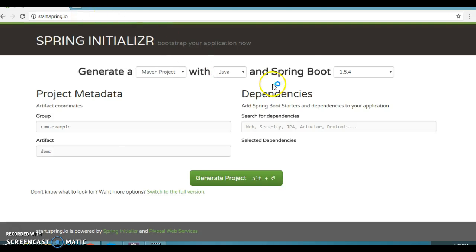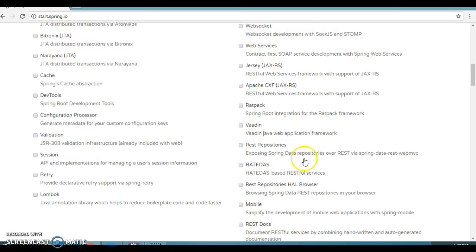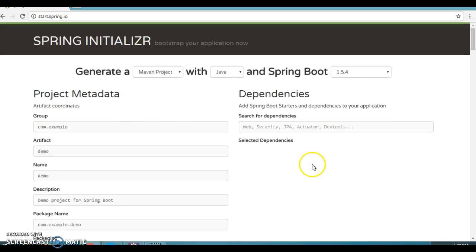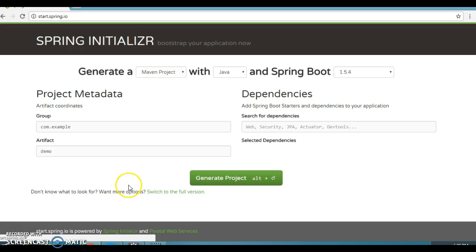That is the Spring Initializr website, and from there you can create a Spring Boot application, right, by selecting some info. You need to enter some info and all kinds of dependencies you can select from here. If you go to this website, you'll get it in this format. Here you'll have to select what kind of build tool you want. By default it is Maven, and here you will have to select the language, which by default is Java, and